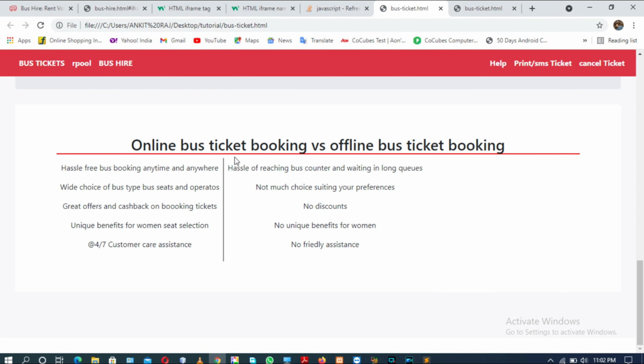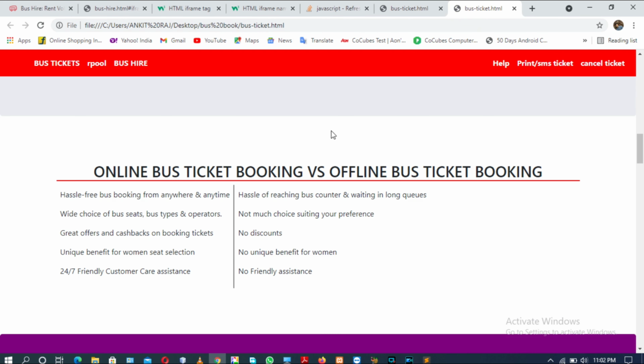Yes, as you can see, there is a vertical border, or you can say divider, that divides both the content, because there is a versus section here in this div tag. Okay, that's it for this div section. Moving to next div tag.